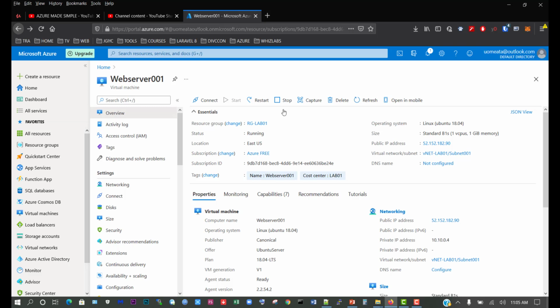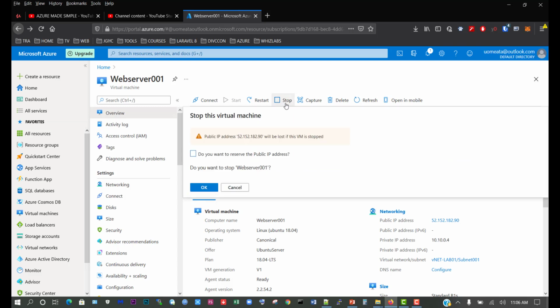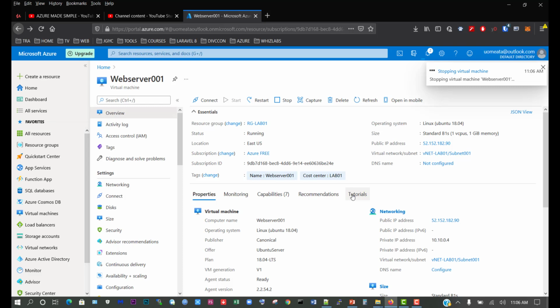To do that, we can see the virtual machine is currently running, so we need to shut down the machine temporarily, and we'll start it again so that it will issue another public IP address. So let's do that now. To stop it, just come up here and click stop. It says, do you want to reserve the public IP address? No, we do not, and so we want to stop it. So say okay. So it's stopping the virtual machine,